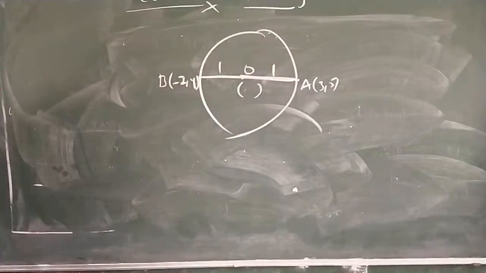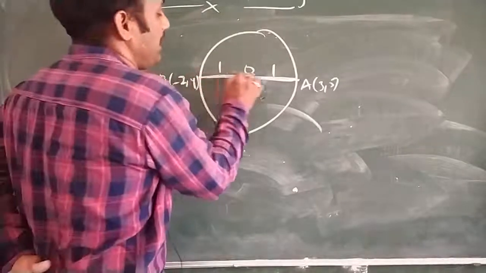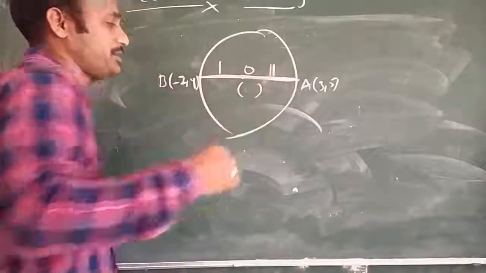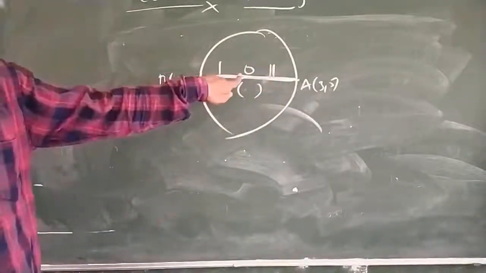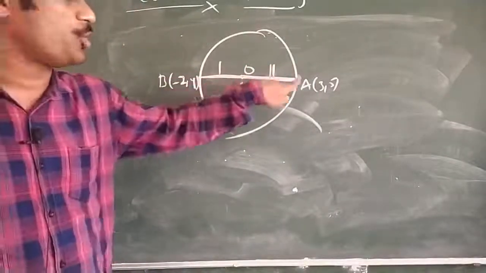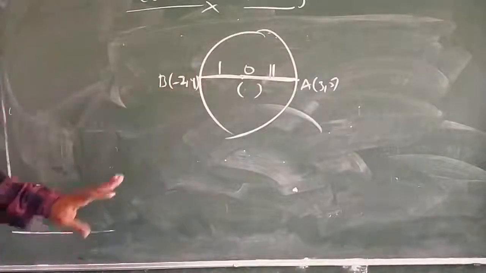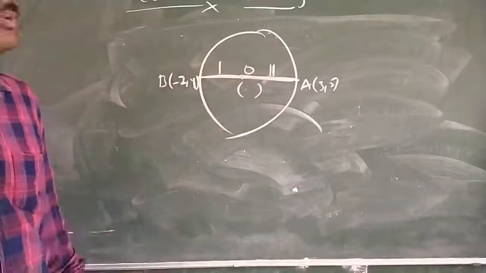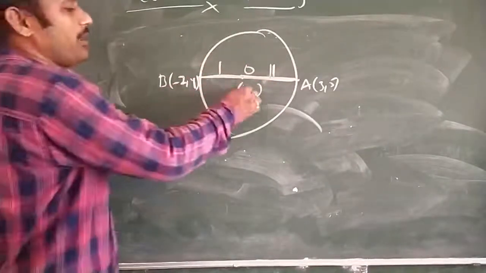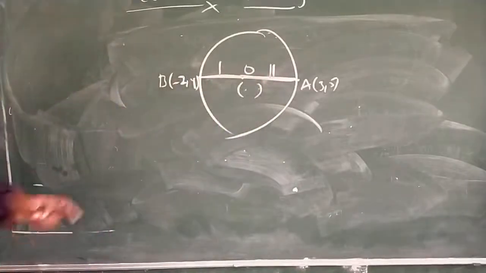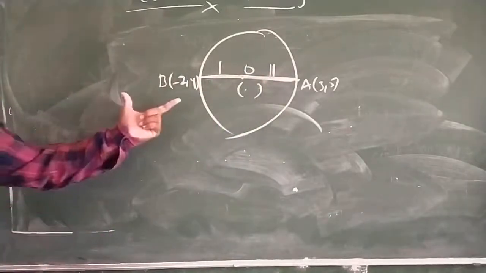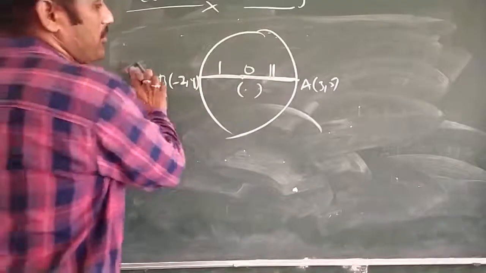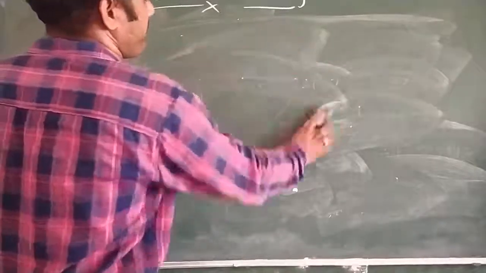What ratio do I have to use? 1:1. Why? Because the line is being divided in the ratio 1:1. Why are we writing 1:1? Because O to B is also a radius, O to A is also a radius. So they are equal, and I can write 1:1. In the section formula, if you put it in, you will get the required point. So it's also one of the important ones. You have to work out one question. Next question.